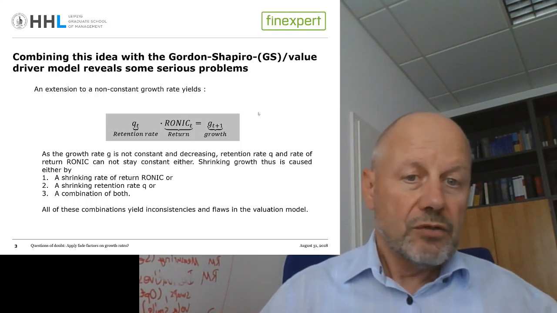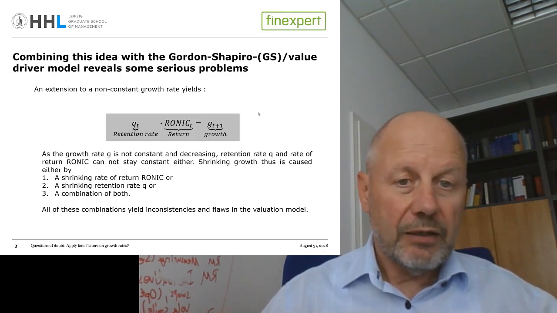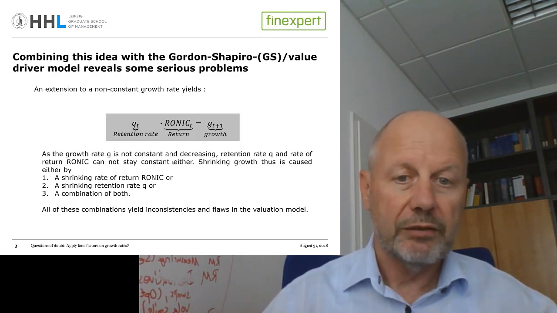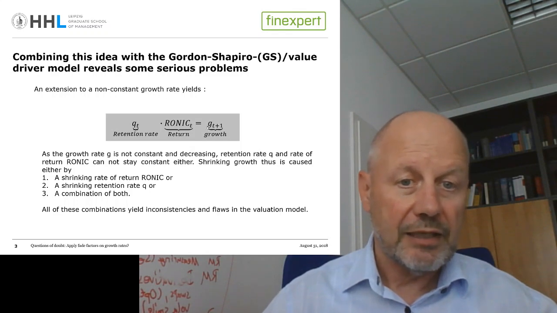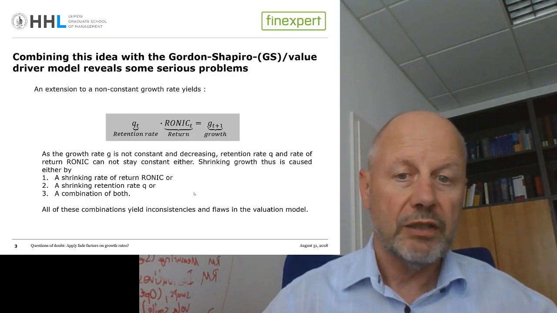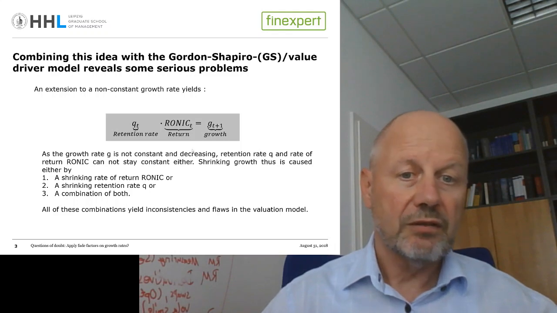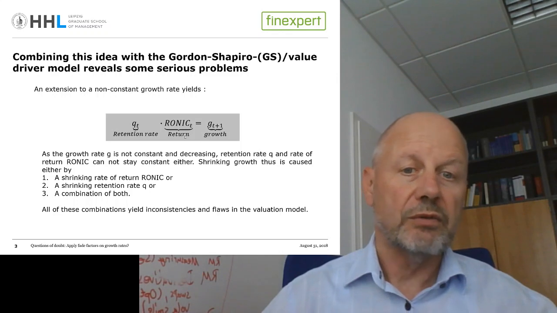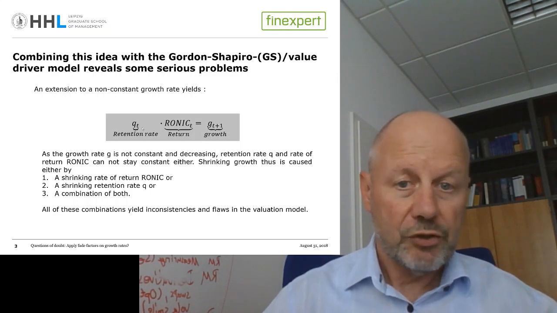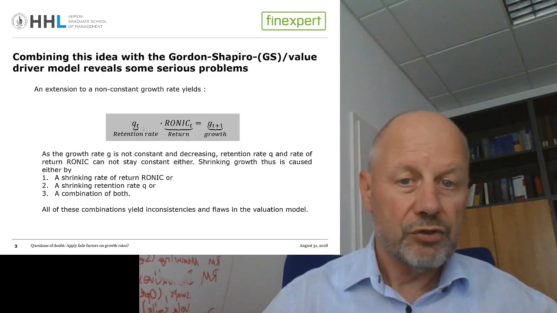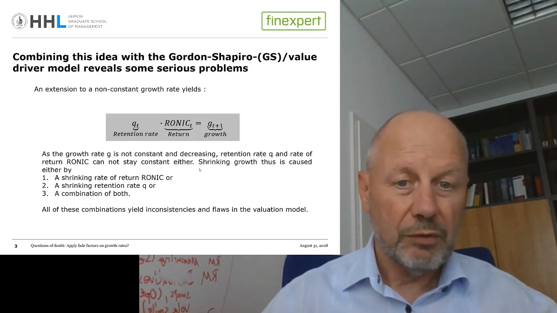Now we shall look at the implications of this result. First, we look at the case that the decline in the growth rate is caused by a decline in the rate of return at a constant retention rate, and then in the second step we assume the opposite, that the decline in growth is caused by a combination of a constant rate of return and a changing retention rate, and I will show that in both cases we will end up with serious flaws in our terminal value